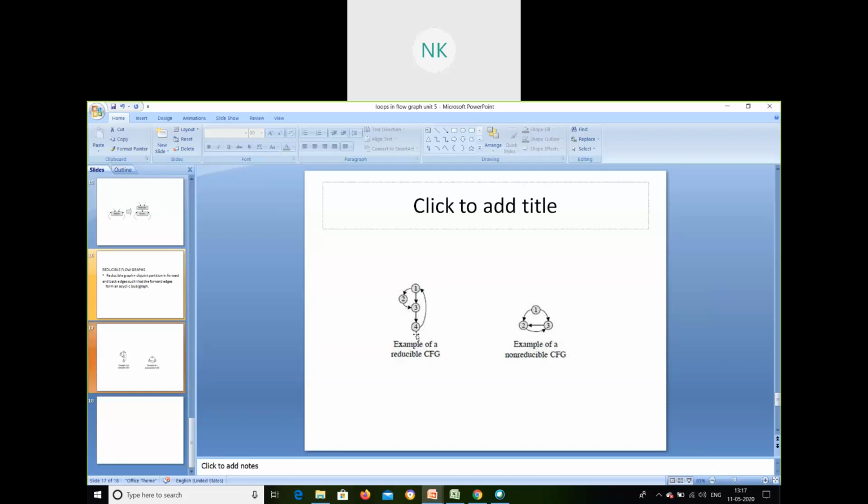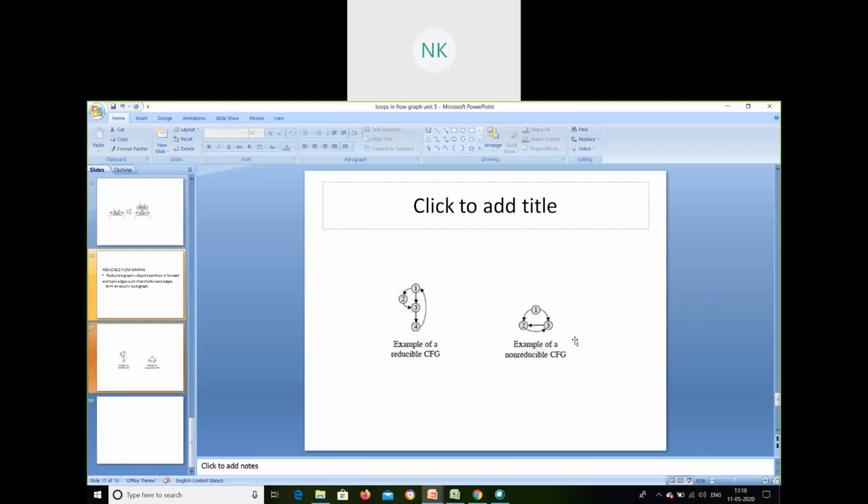See here, 1, 3, 4. If I delete this 4 to 1 edge, so 1, 3, 4, it is acyclic. Correct. I'll be able to reach 4 only in one way. I am not going back to 1. This was cyclic; when it forms acyclic, then you call it reducible. For here, you take this one, which is called a non-reducible graph.